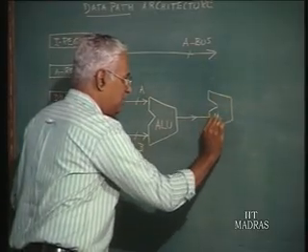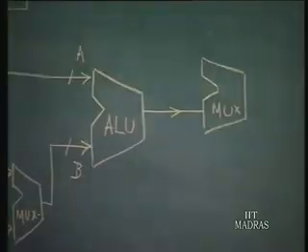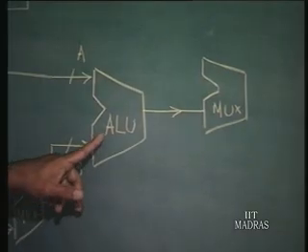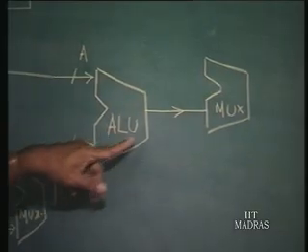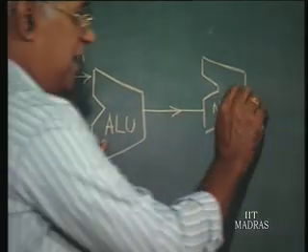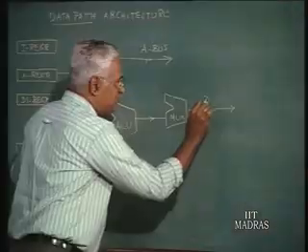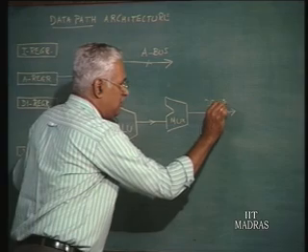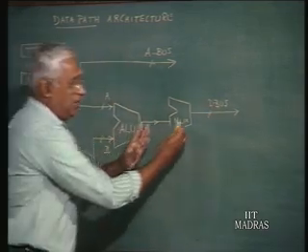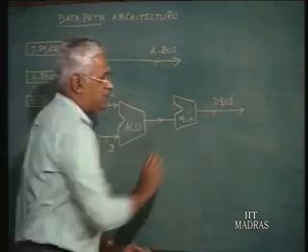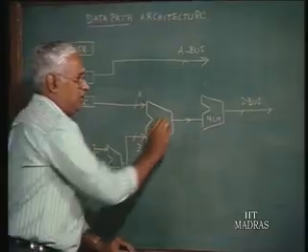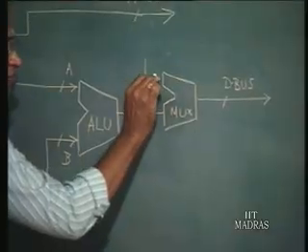Why should we assume a multiplexer here? We will see that sometimes the processed data may be passed directly over the data bus or the D bus. Specifically it is the output part of the D bus, and there is also the